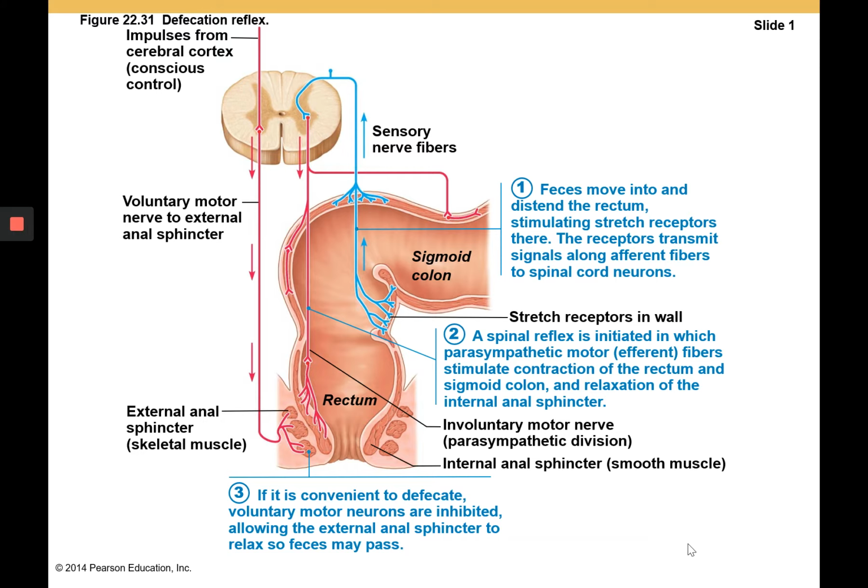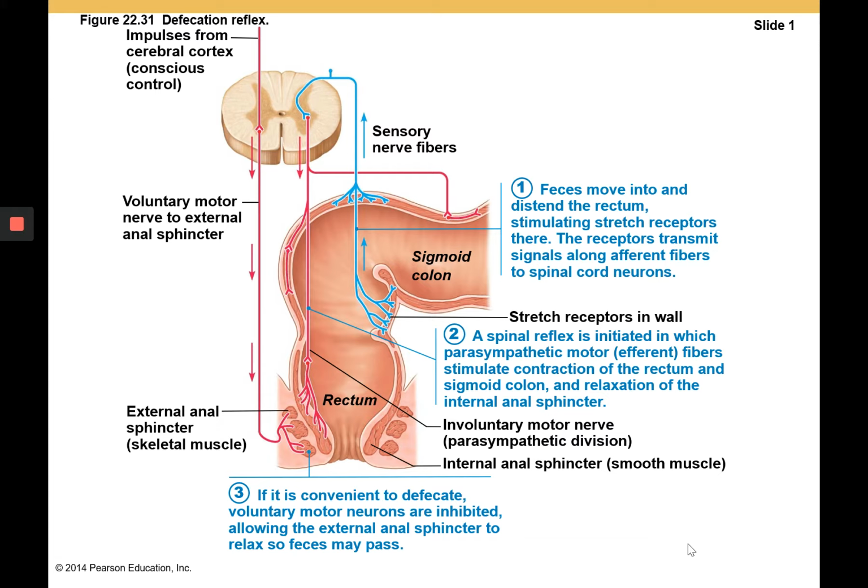So let's look at the defecation reflex in more detail. Here we can see the sigmoid colon and the rectum, and as feces moves into the rectum from the sigmoid colon, it would stretch or stimulate stretch receptors. And then we would see that those receptors are able to transmit signals, considered afferent or sensory signals, to the spinal cord. Those afferent or sensory signals to the spinal cord are being carried by parasympathetic nervous system fibers,